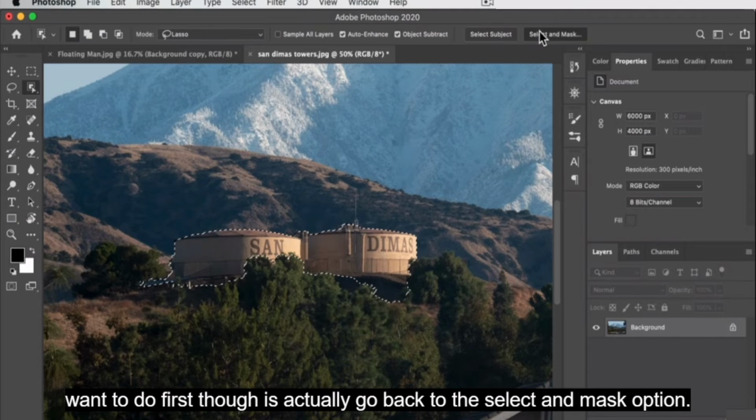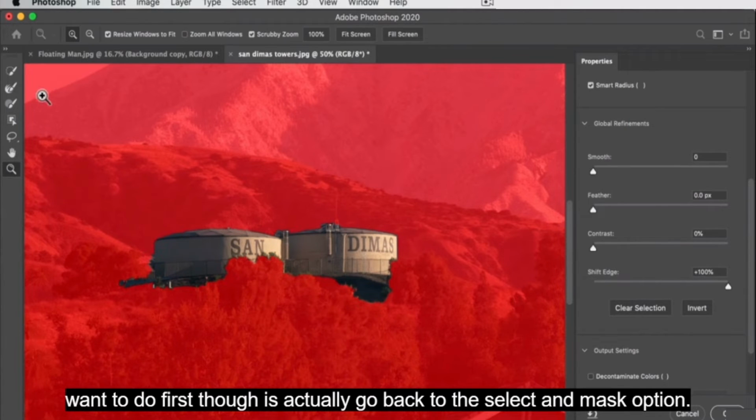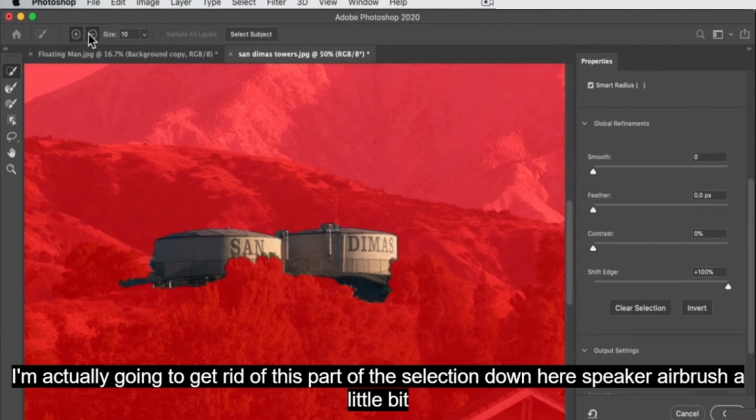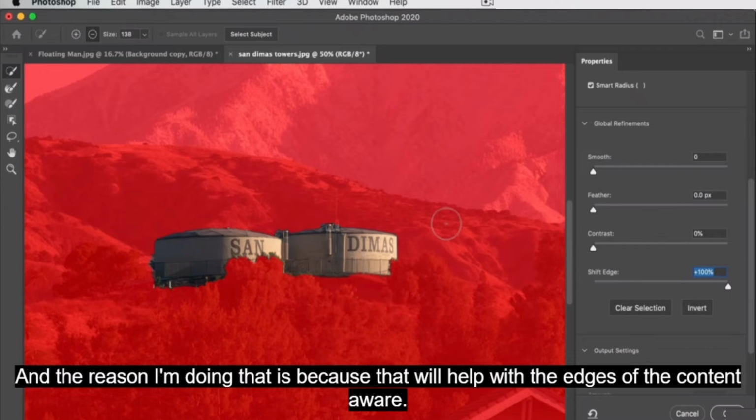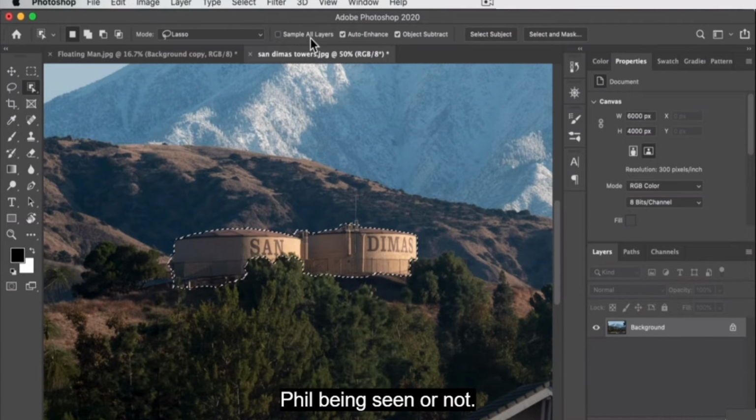actually go back to the select and mask option. I'm actually going to get rid of this part of the selection down here. Let's make our brush a little bit bigger because I don't want that. And over here is fine too. But then also I'm shifting my edge up 100%. And the reason I'm doing that is because that will help with the edges of the content aware fill